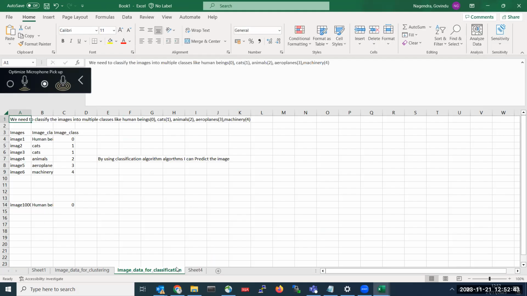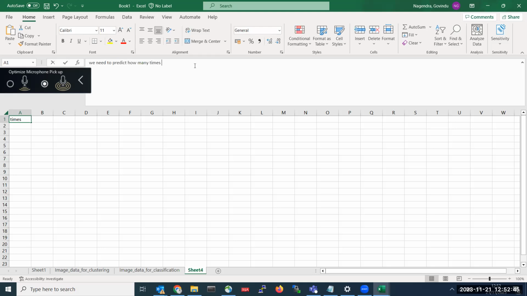human beings. Normally when it comes to the food scenario, it will come under creatures only, like human beings, cats, animals. Let us take these three examples only.